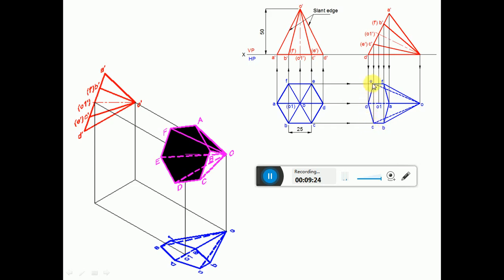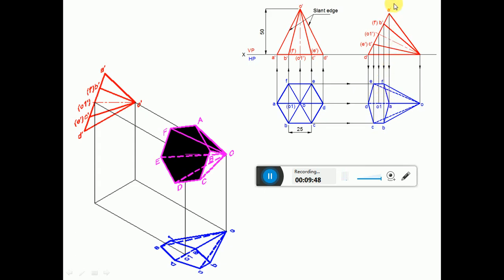So you dark them. And then when you look from the top view, A, B, C, D, E, F are nearer to the observer, so that is visible. So you dark between FA and AB because all other edges have been already darkened.